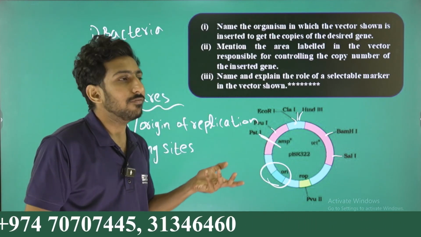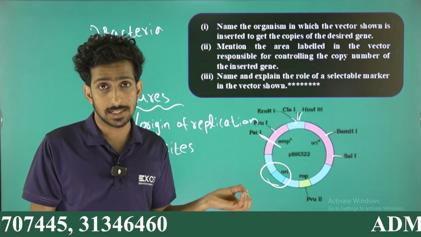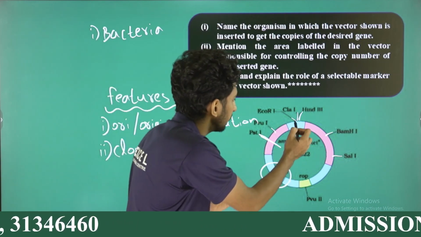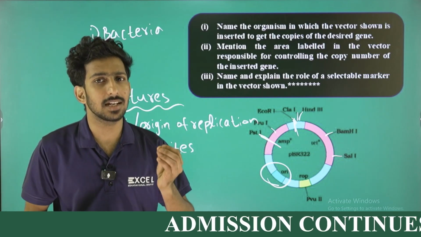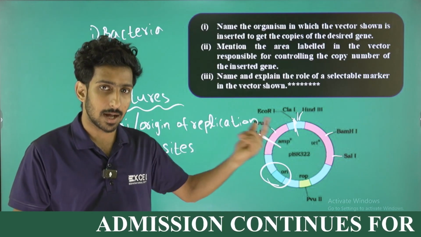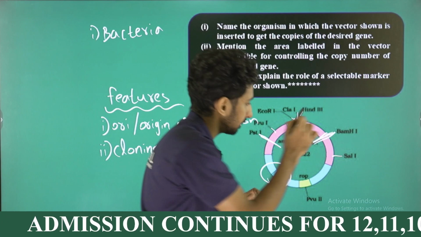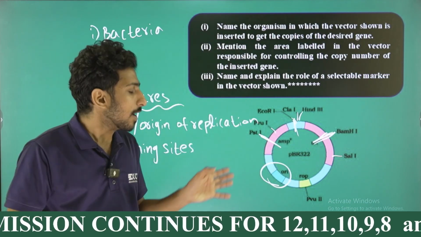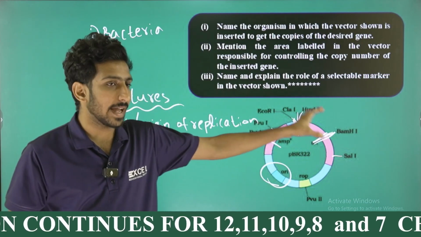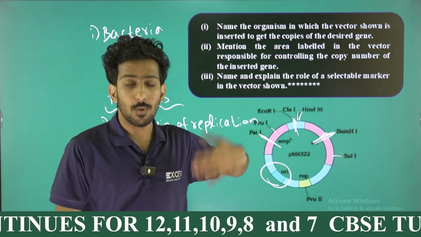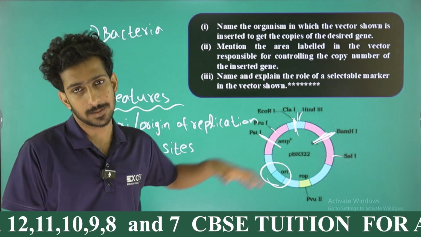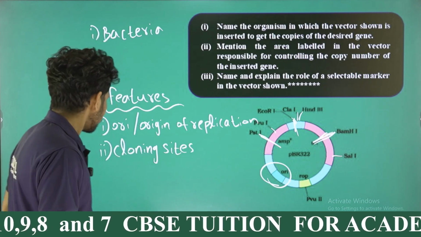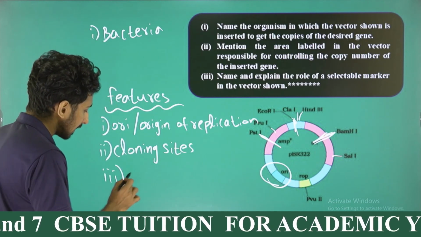For example, if we use EcoRI as the restriction enzyme, it will cut in this region. If we use BamHI as the restriction enzyme, that enzyme comes and cuts in this site. Got it? So restriction sites or cloning sites are the sites where the restriction enzyme cuts and foreign DNA binds. Third one, selectable